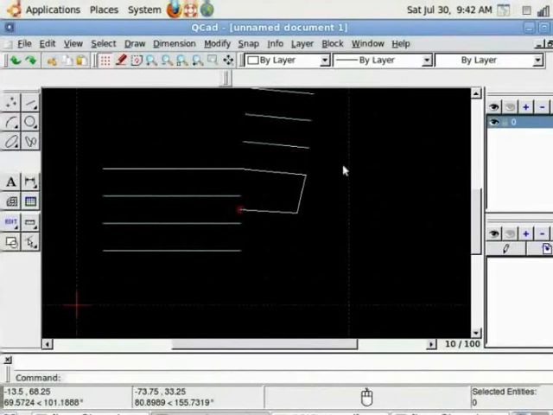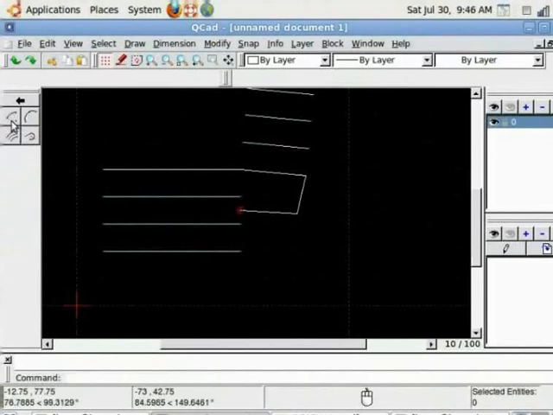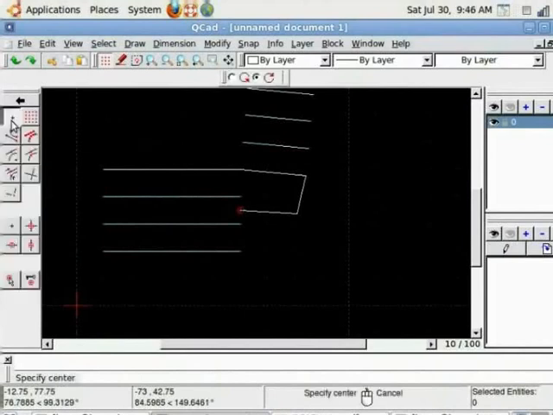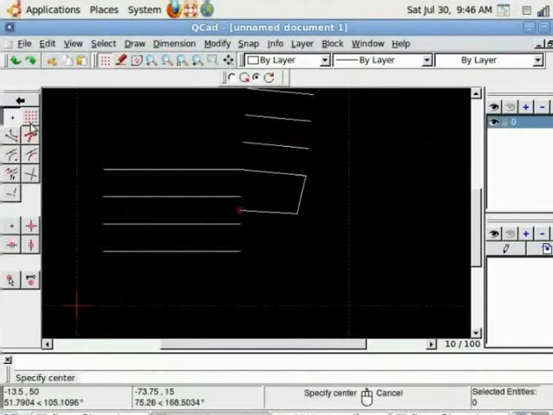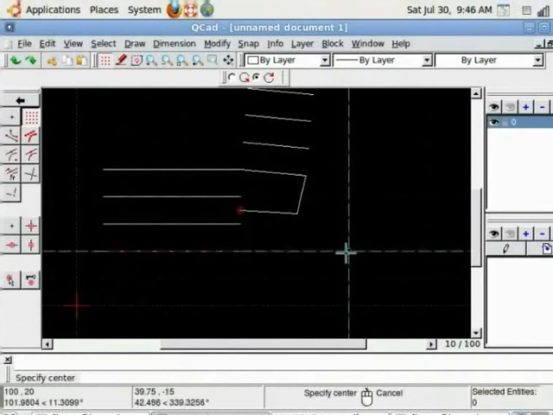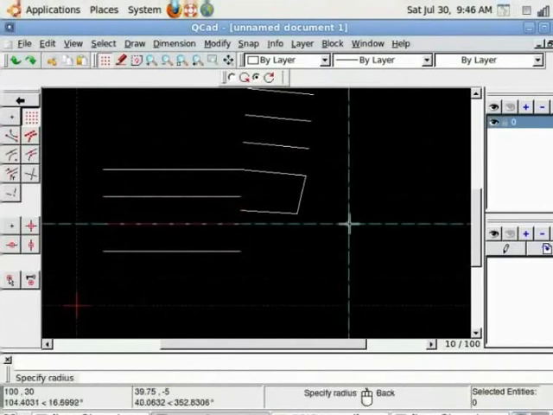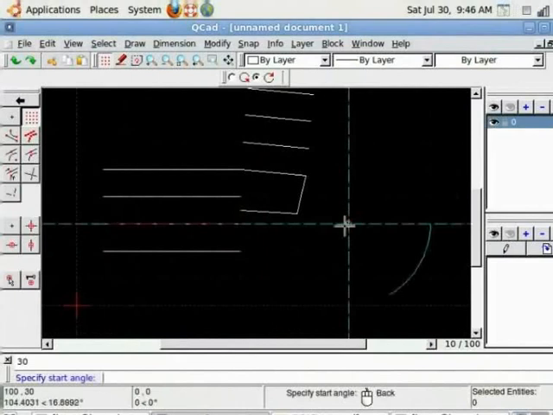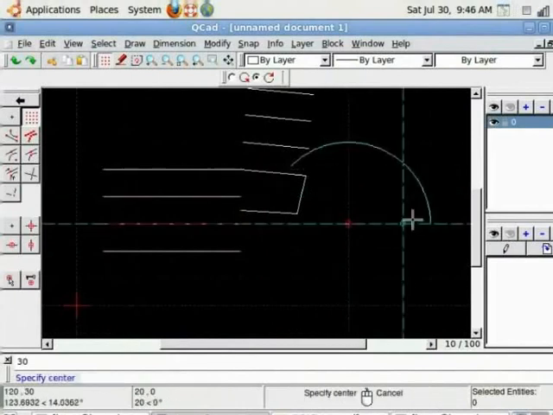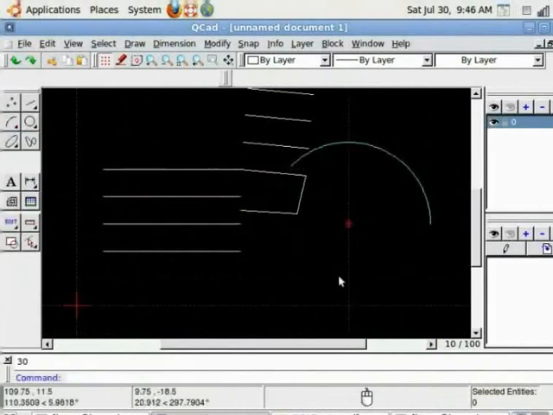Now let us see arc tool. From the toolbox, select arc. I am using arc with center point and angles. Choose from the snapping option, choose snap to grid. Notice the command prompt is asking specify center. Left click mouse button to specify the center. Now it is asking to specify radius. I can press 30 and specify start angle. Left click, again left click, the arc is drawn. Double click right mouse button to come out of that command.